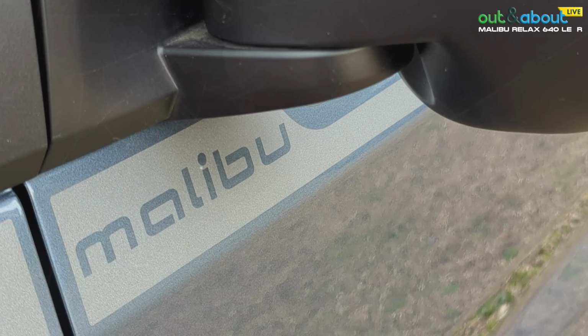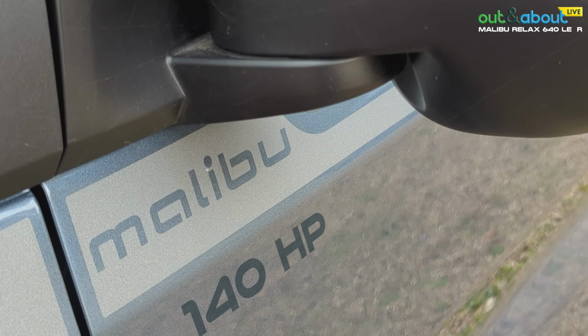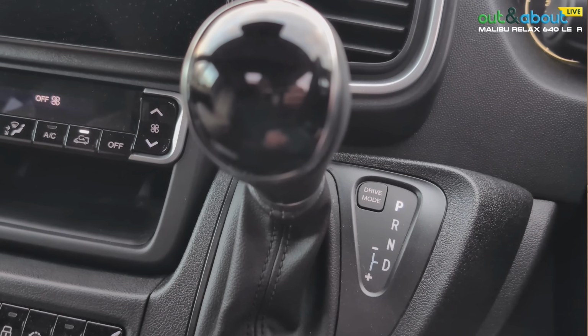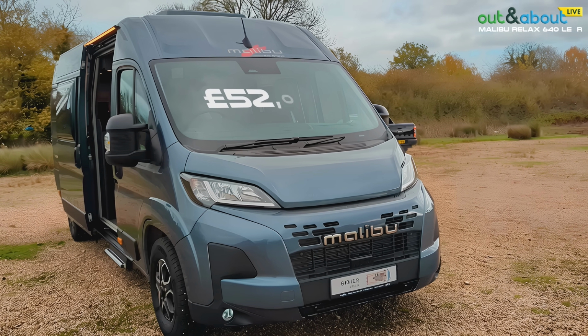However, it is available in 3 trim levels: Active, Ambition, which is this one, and Exclusive. They all have a 140 horsepower engine as standard, with options to upgrade to 180 horsepower and an automatic gearbox, which we have here. The price for this range starts at a pretty impressive $52,000, but you'll not be surprised